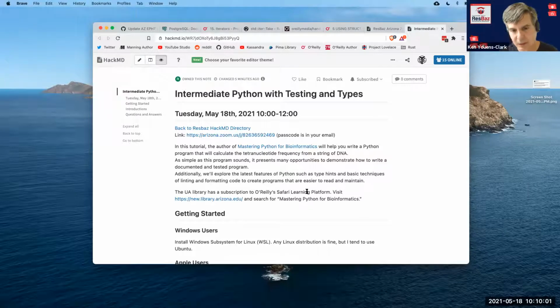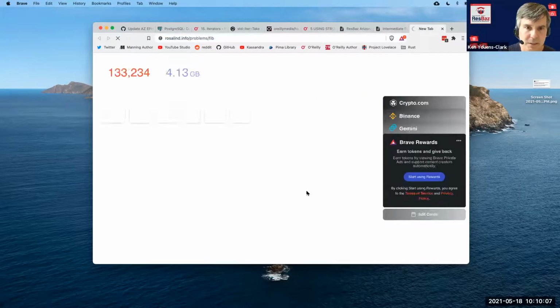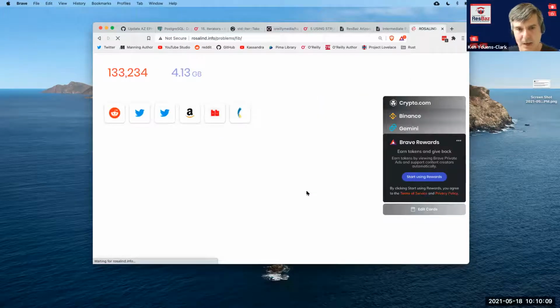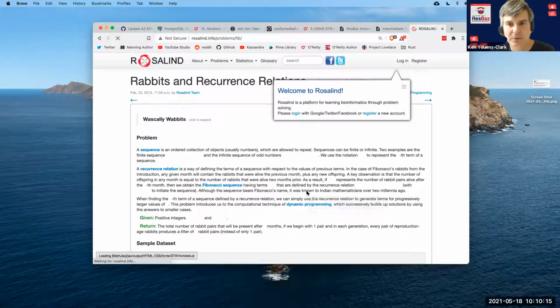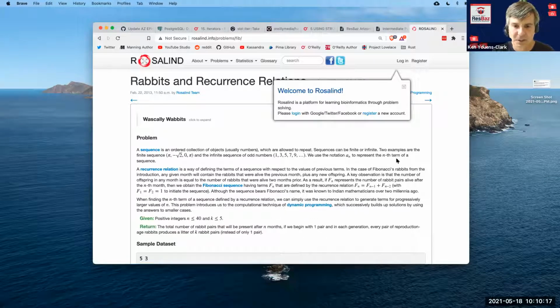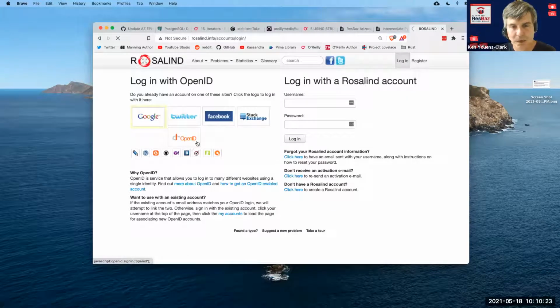The ultimate goal is to write a program that will solve the first problem from this website called Rosalind.info. Rosalind Franklin, of course, should have received a Nobel Prize for her work on DNA crystallography, but she didn't. She died young. But she did get this website named after her.